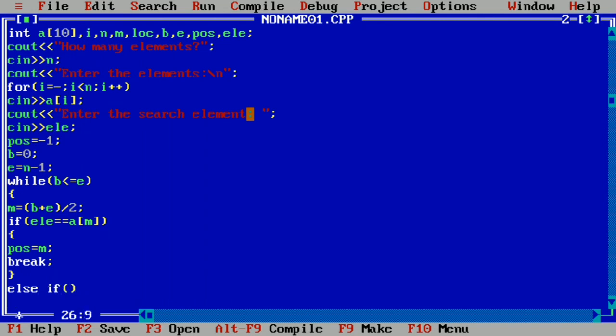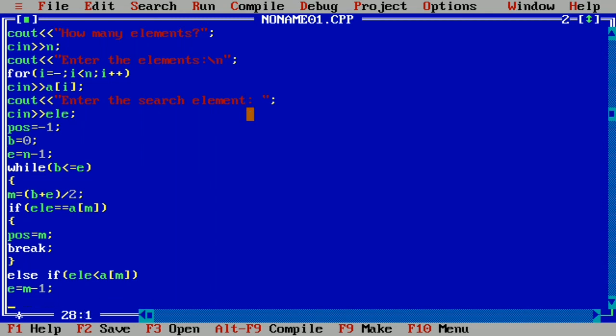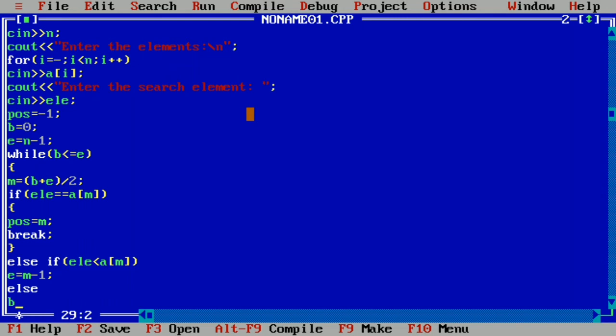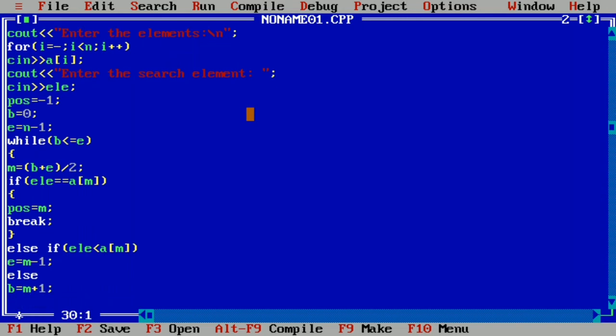You can see else if, and here we are going to write if element < a[m], then it has to search for the element in the left hand segment. So here we write ending = m - 1. Then we are going to write the else part, beginning = m + 1.